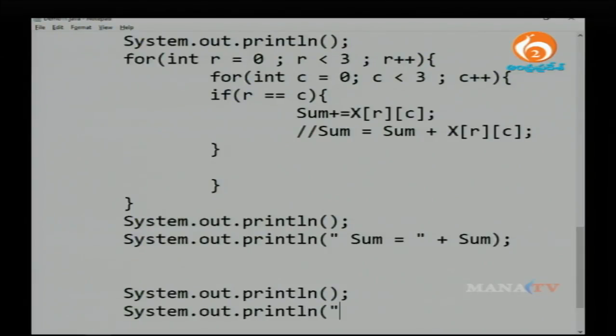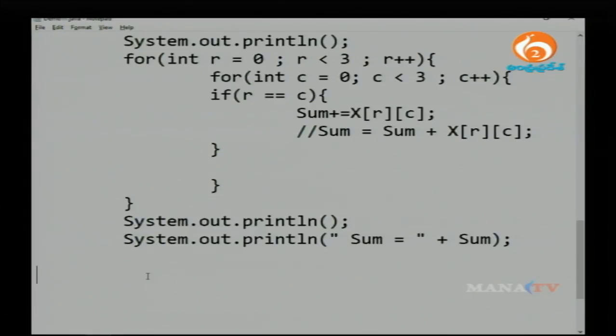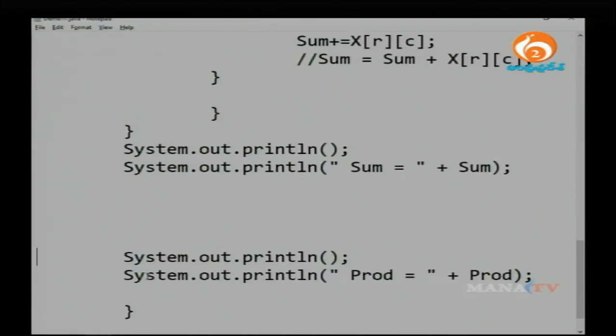So at the end of this logic, I want to print product equals to the product. This is what I need to print here. Before this, I need to again implement my logic here. So what is the logic I need to implement here? It's pretty simple logic. R is equal to 0, R is less than 3 times,